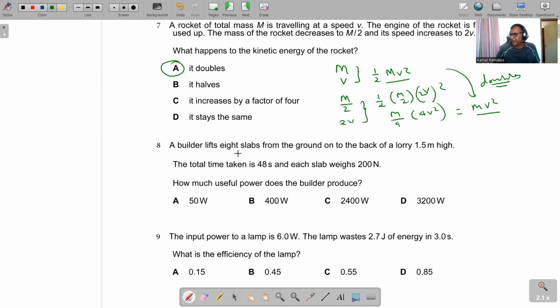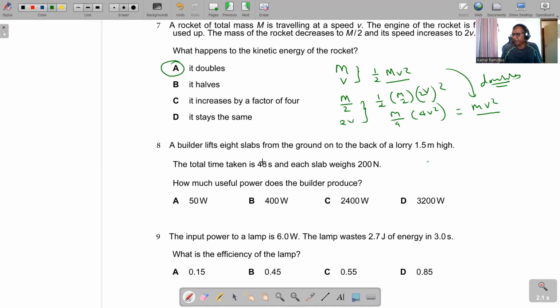A builder lifts 8 slabs from the ground on the back of a lorry, 1.5 meters high. 8 slabs, draw it like this. The total time taken is 48 seconds, and each slab weighs 200 newtons. Power means the builder produces. Of course, now,